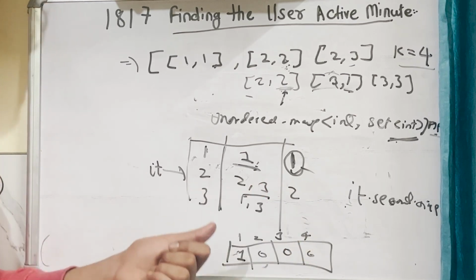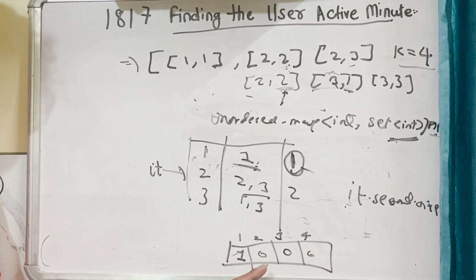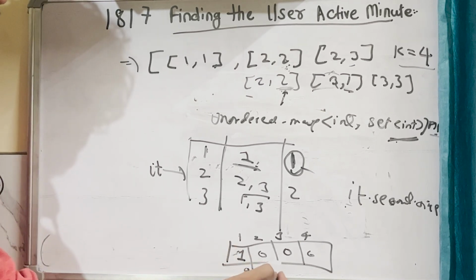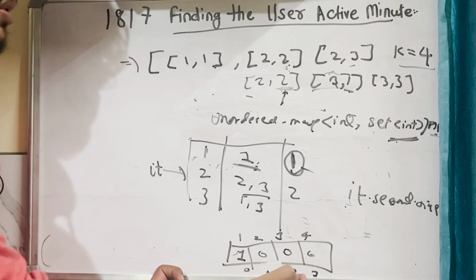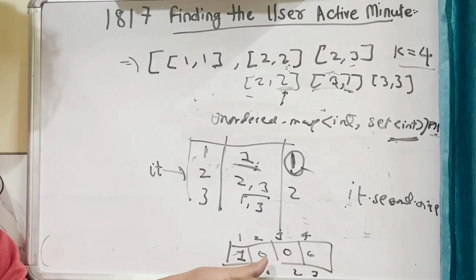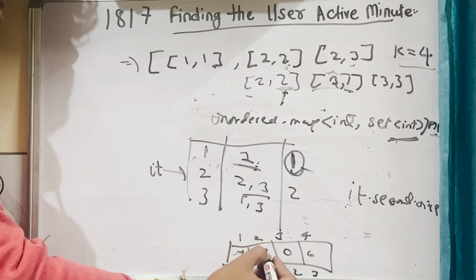So you will go and update the value at this position 2, but the index is 1, as it is 1-based indexing. The index is this 0, 1, 2, 3. Okay, so you'll go to this value, check whatever the value was, and increase it by 1. Okay, simply for this user